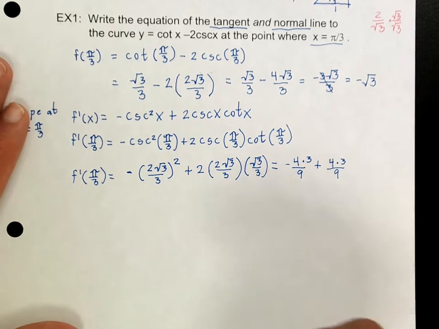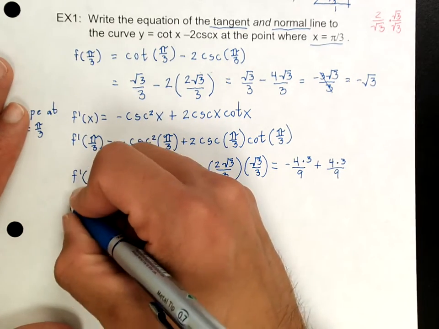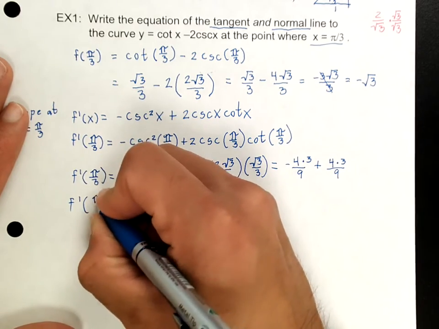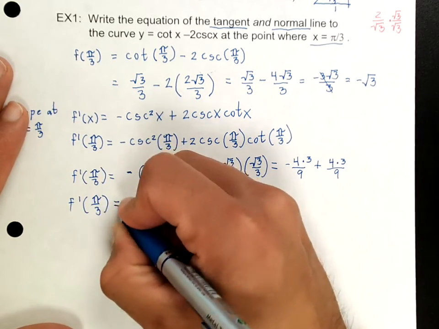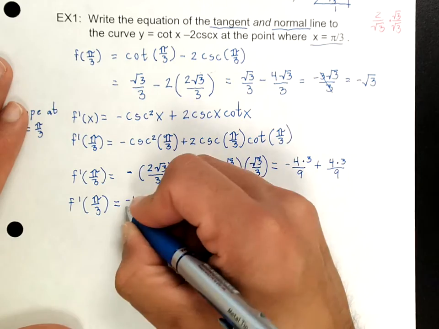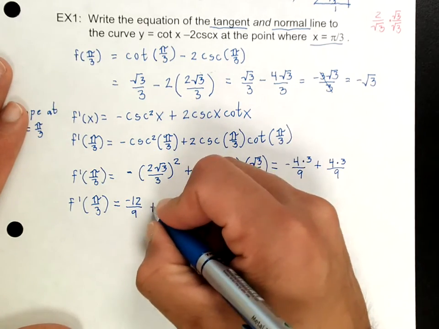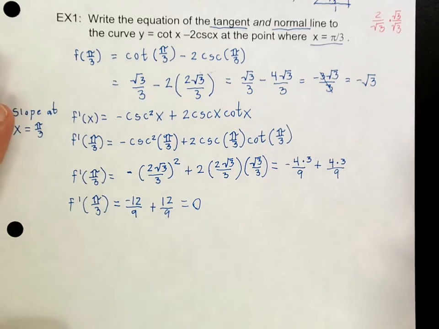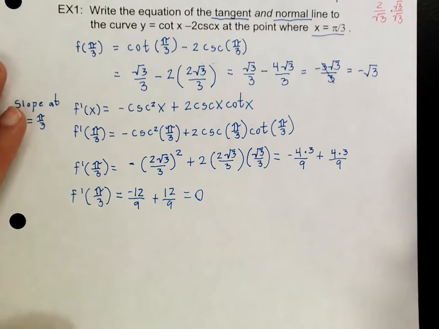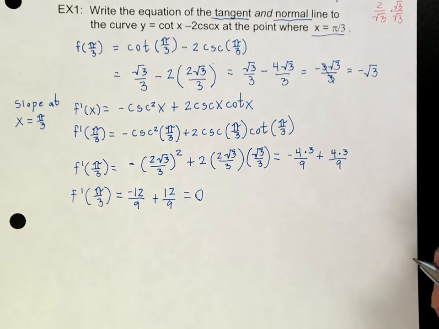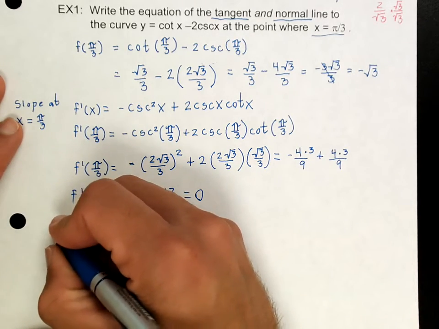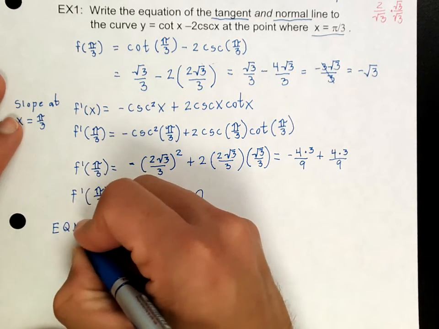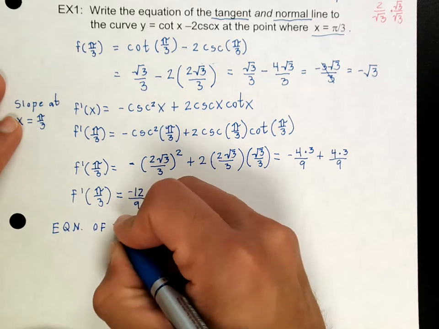So at that point, I'm going to rewrite that one more time. I think you can already tell this is going to be 0. This will be negative 12 over 9 plus 12 over 9. So the slope at pi over 3 is 0. Okay, so the equation of the tangent line. So here's the equation of the tangent line